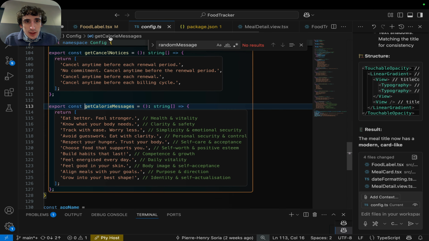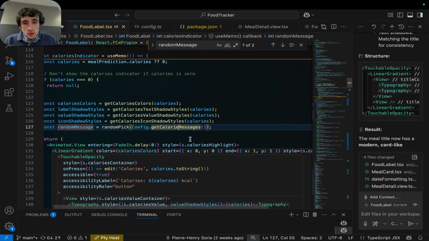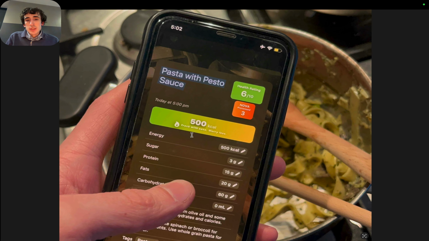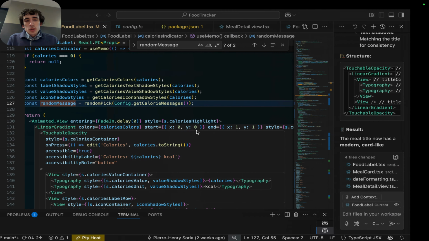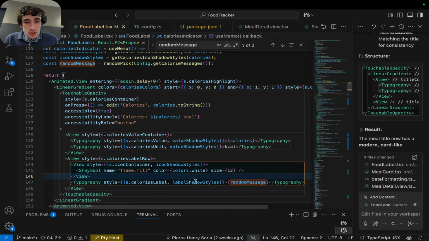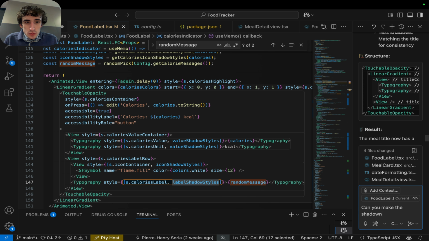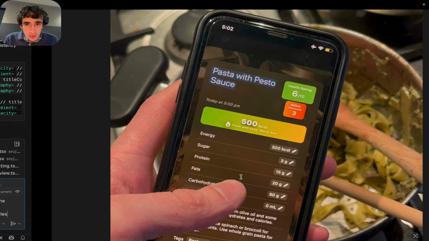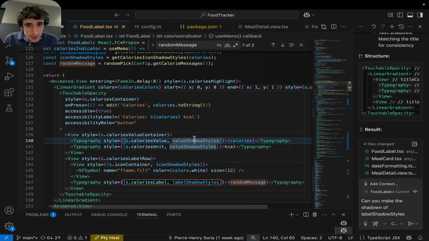And so I have a config file where I have a bunch of them because I don't want to always keep showing the same information, like motivation sentence. Once we have seen one, it's okay, you know, we become blind, but that's why I want to show different ones. And the shadow there, so can you make the shadow of that one, and the other one is the number, maybe, yeah. So